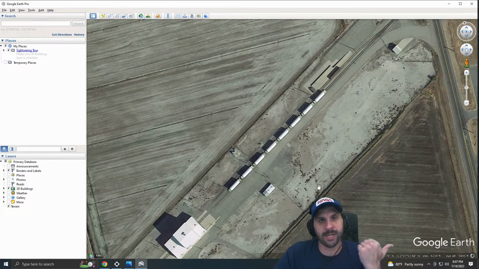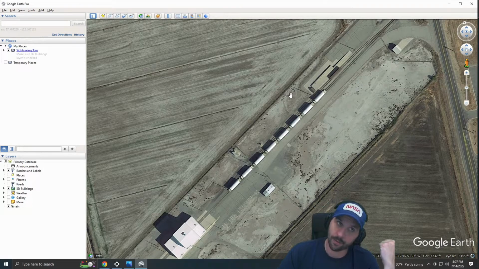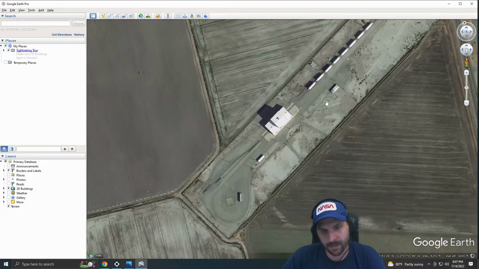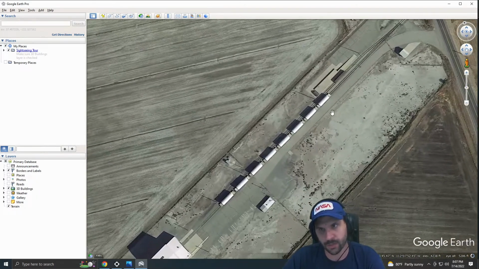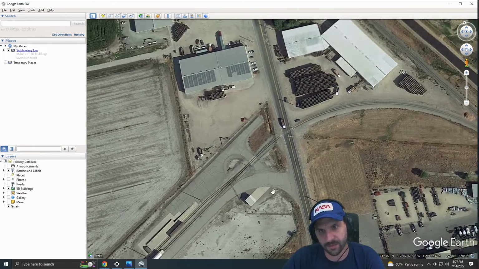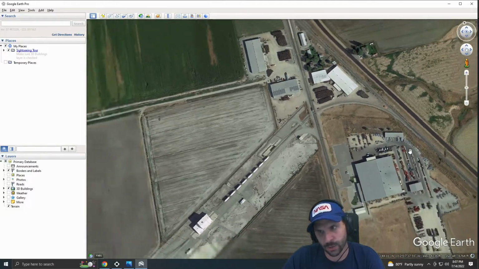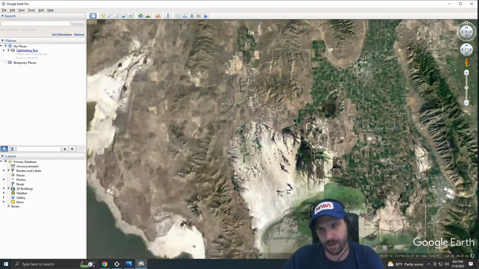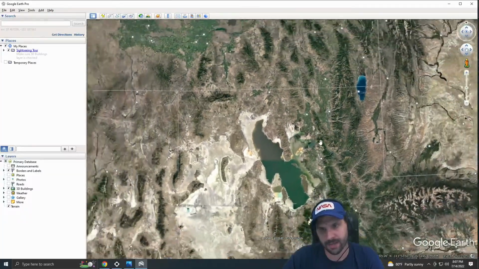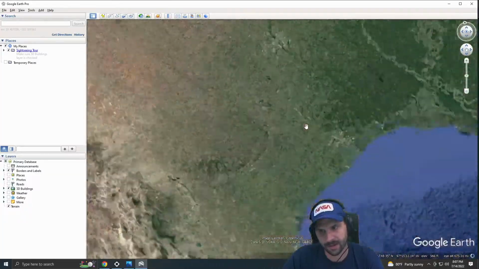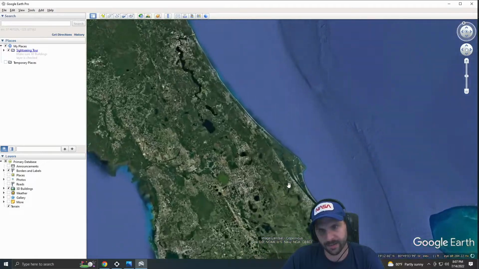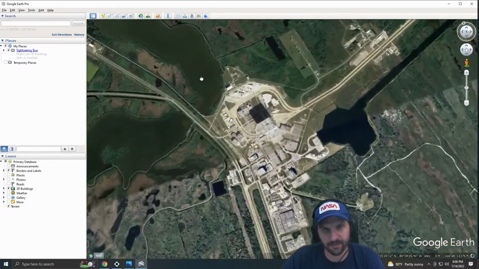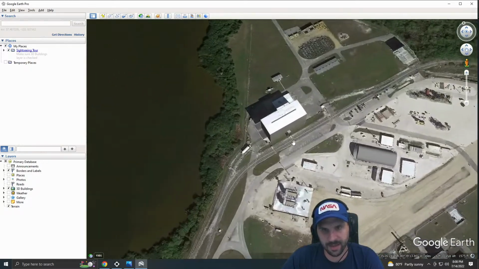So the SRB segments are made at the factory down the road that we went to, and then they're loaded up on a train right here. And you can see the SRB train is right there. You just got to follow the heavy infrastructure. And then that train takes the boosters and the booster segments all the way down here, where the SRB segment drop-off point is, which is right there.